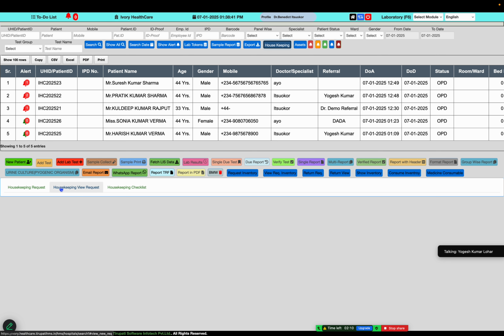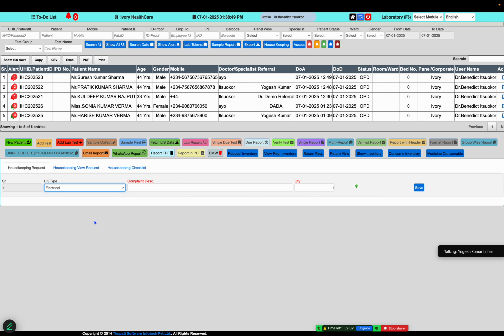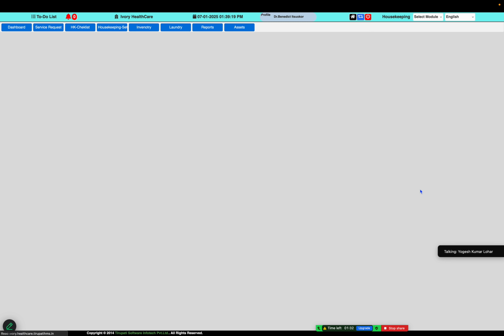If they have any maintenance problem or other kind of problem, they will select the problem issue, either an electrical issue, bulb replacement, or breakage removal. They can also make a request for mopping and dusting, cleaning the laboratory premises. They send this request to the department.